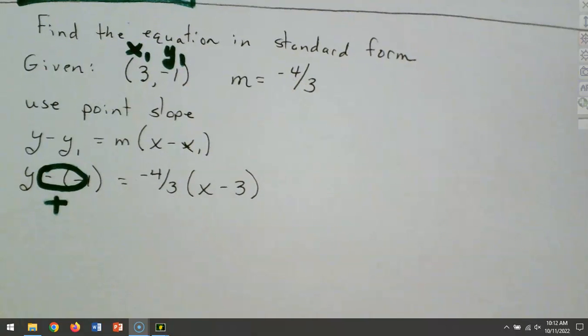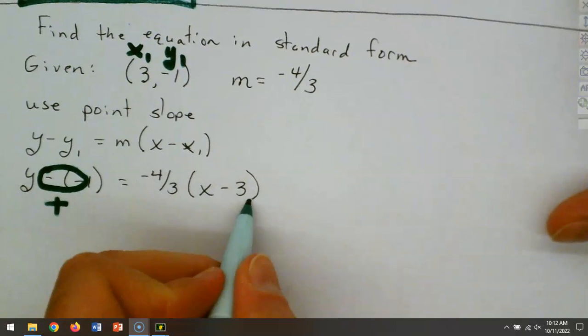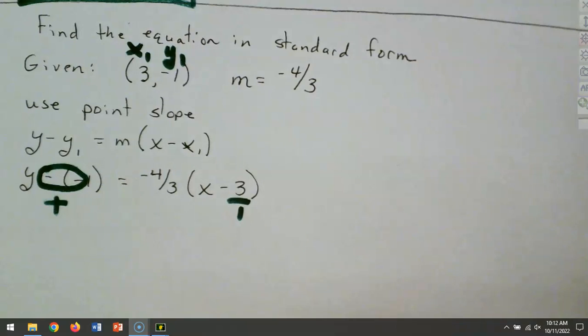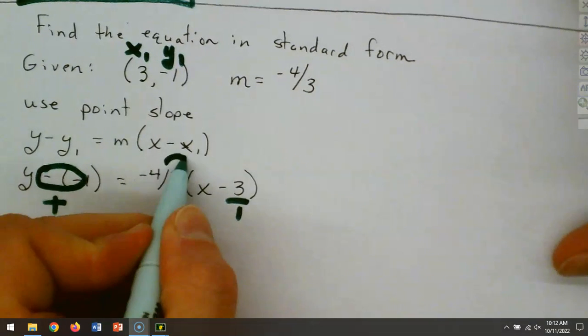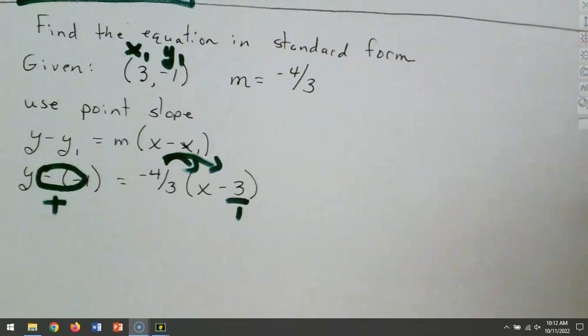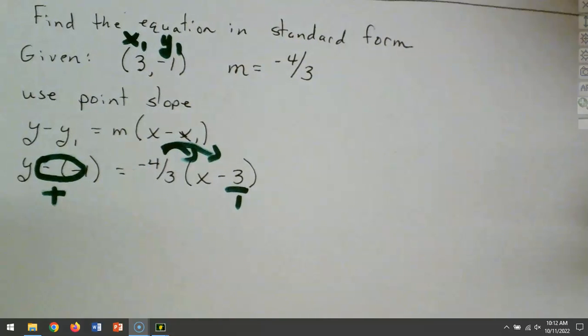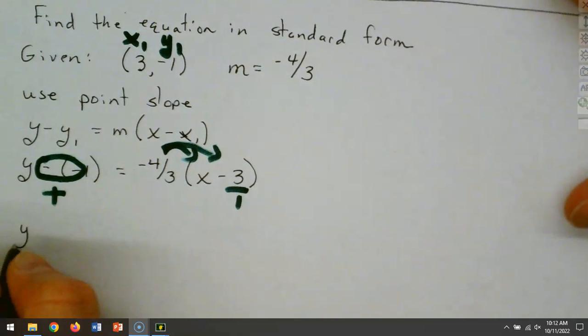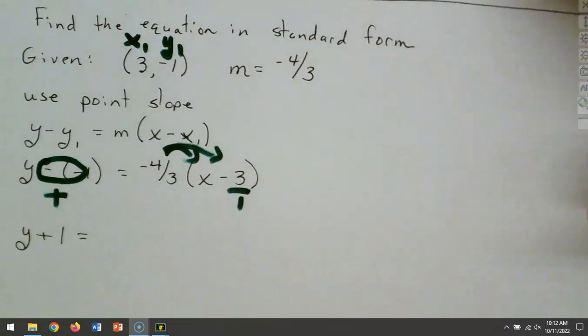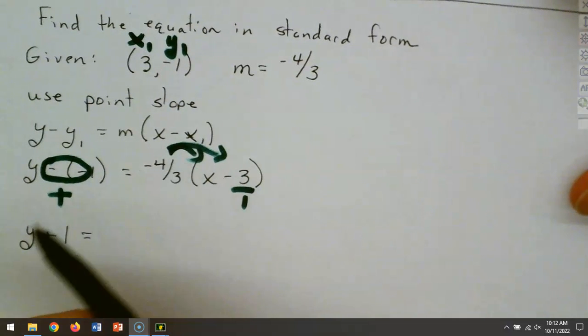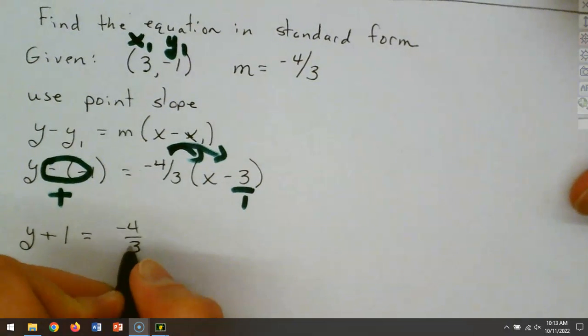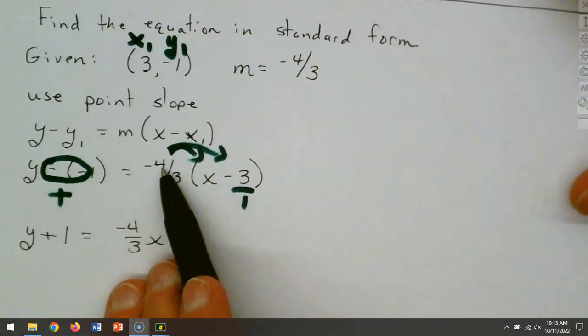makes that positive. I'm going to make this a minus 3/1, and I'm going to just distribute through. We've got to clear the fractions out anyways. We could reduce them down, but I'm just going to clear them out. So let's go ahead and work with our double negative. That makes it a positive 1. Now we're going to distribute our fraction through. So that makes it a minus 4/3 x. And minus 4